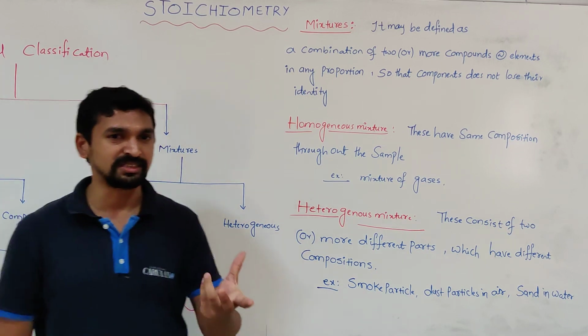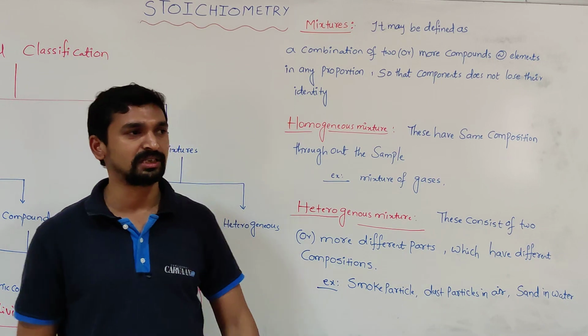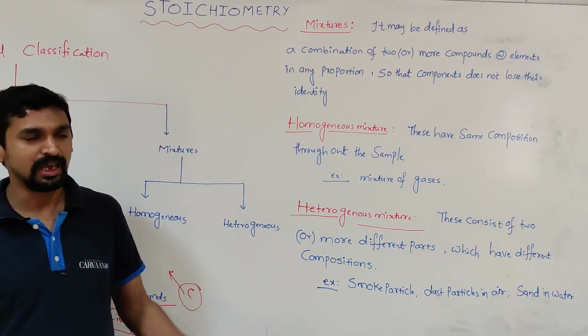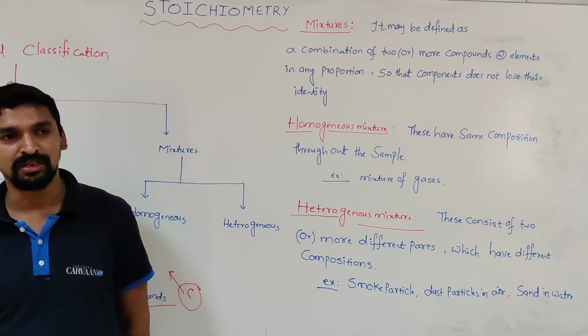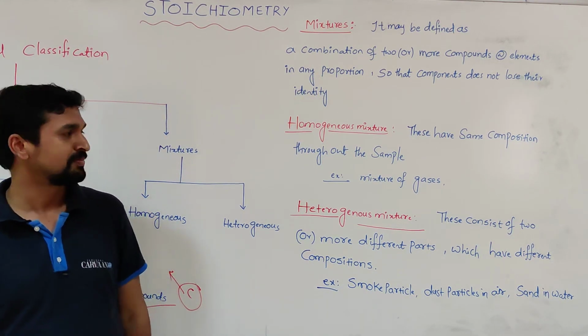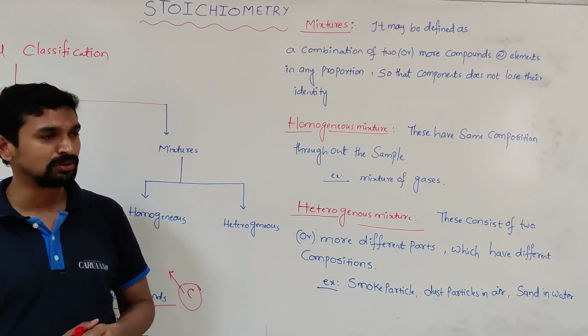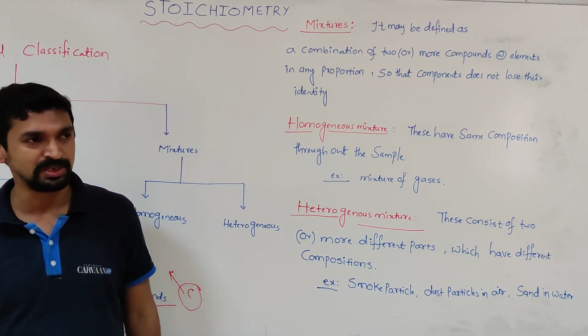So the cool drink, the soft drink, was there. The gas was dissolved in that particular quantity of that liquid. So then that is also called as which one? Mixture, because it consists of two or more compounds. Like that, these mixtures are classified into two: one is homogeneous and another one is heterogeneous mixture.